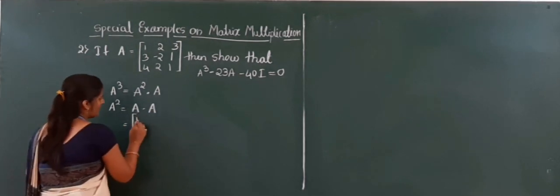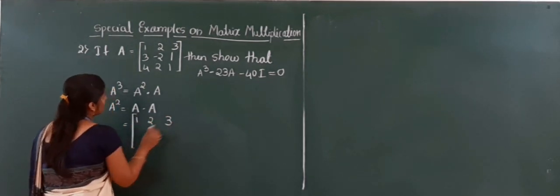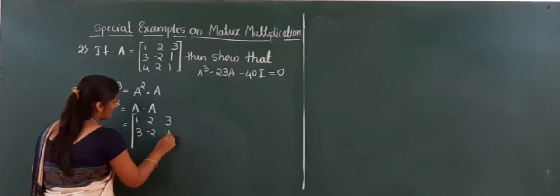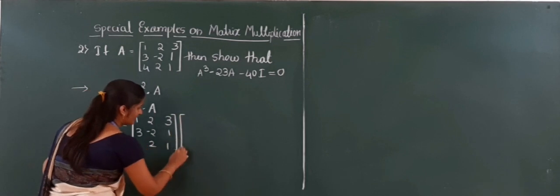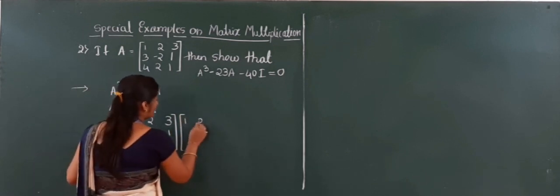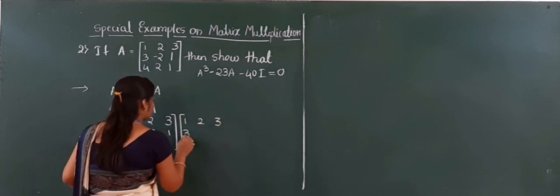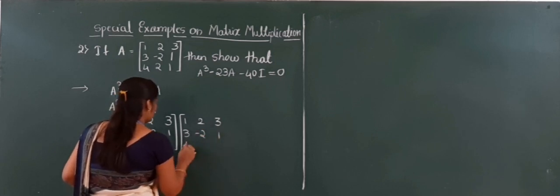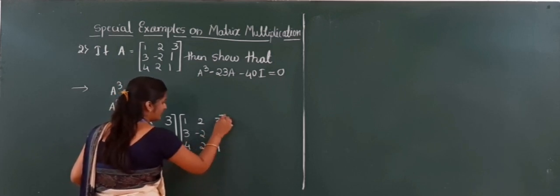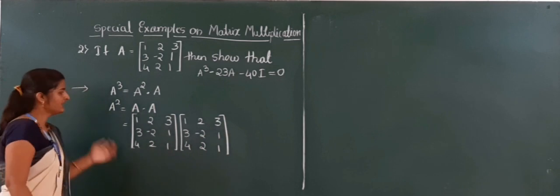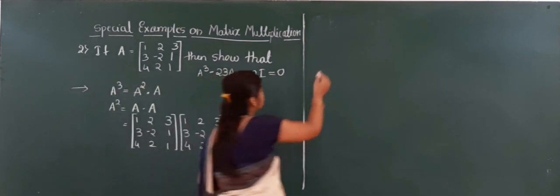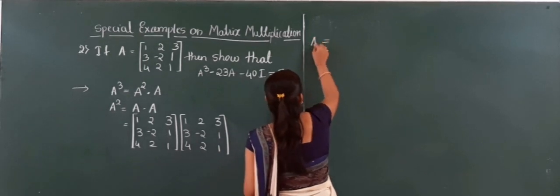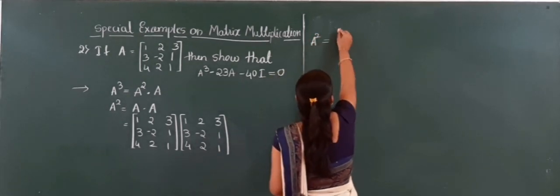A square is 1, 2, 3, 3 minus 2, 1, 4, 2, 1, that is A, and next I have to multiply by A, 1, 2, 3, 3 minus 2, 1, 4, 2, 1. Okay. Next I have to multiply A to the A. I will write here. The A square will be